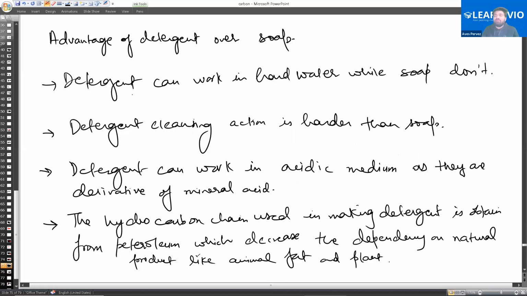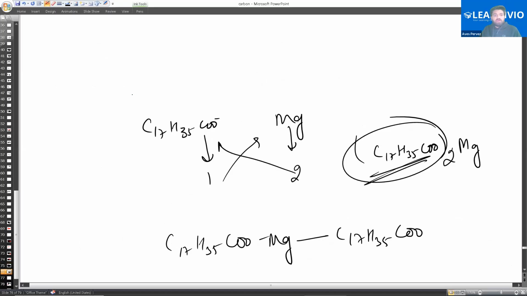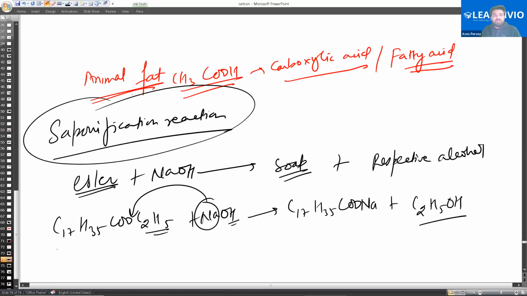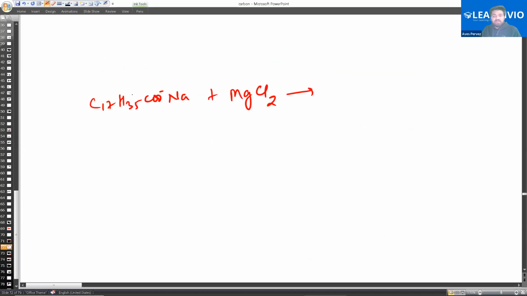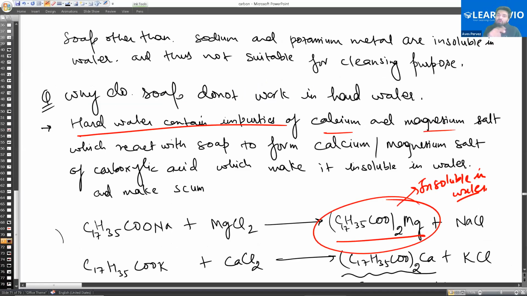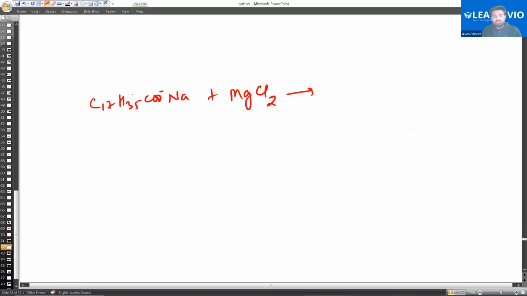Ayan and Mariam, why have you closed your camera? Ayan, why do you have your camera turned off? Sir, because I have issues with my camera. So we have done this one. Next one, Mariam, we have already done this in the previous class, on detergents. Do you remember? Sir, I was absent last class. You were absent in that class.